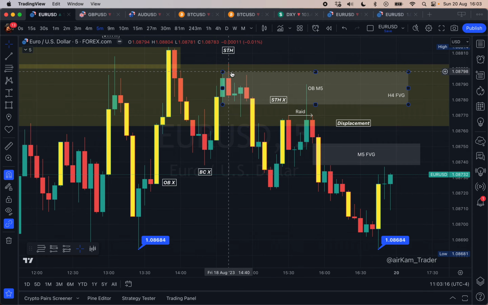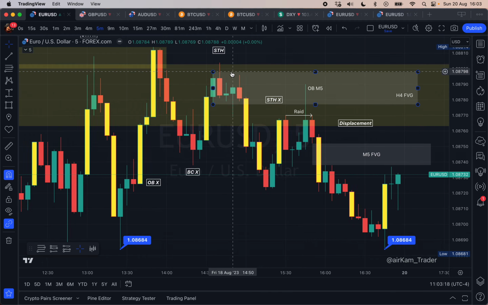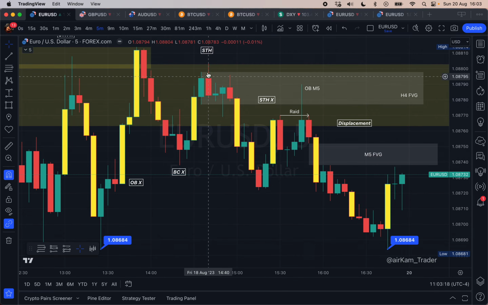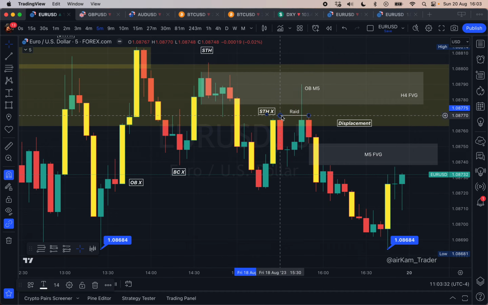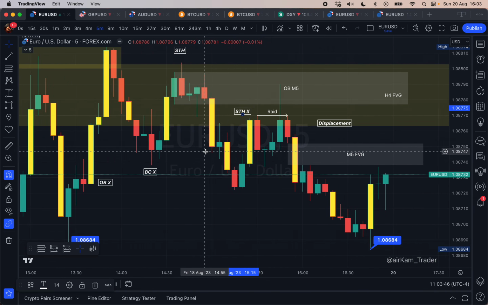We need to look at order flow and see if bearish order flow is being respected. So this candle here took out this balancing candle, so I put an X around it, and then we left a bearish 5-minute order block. We then came up, created this intermediate high, or short-term high. We then swept this liquidity into this 5-minute order block. This is a major sign that we are now bearish, because we are respecting bearish order flow and violating bullish order flow.